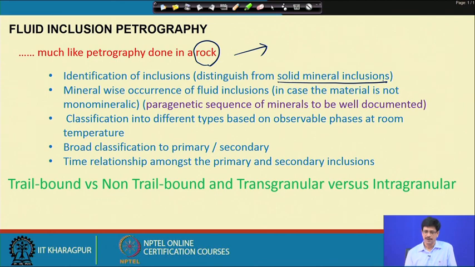So, a mineral inclusion, when we look at it at a higher magnification, shows interference color and anisotropism, and it generally will be more distinct at that stage, whereas a fluid inclusion, as we discussed, will be optically very distinct within the host mineral, and it is also typical that they are present as biphase, like liquid plus vapor. A mineral will never occur in that kind of a form, or as two liquids plus vapor.